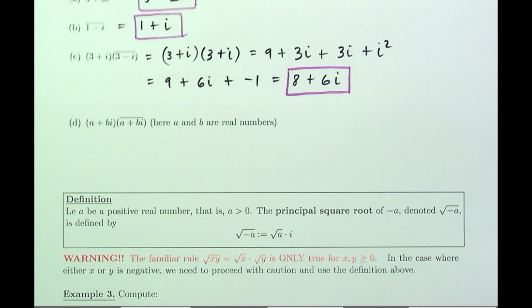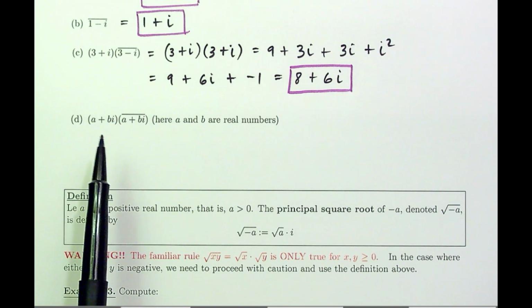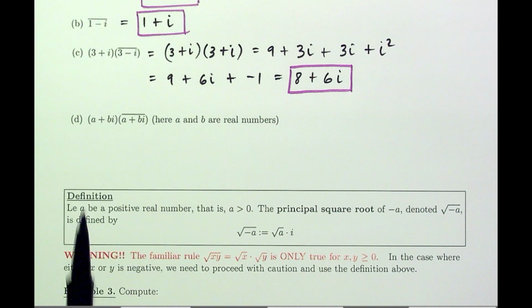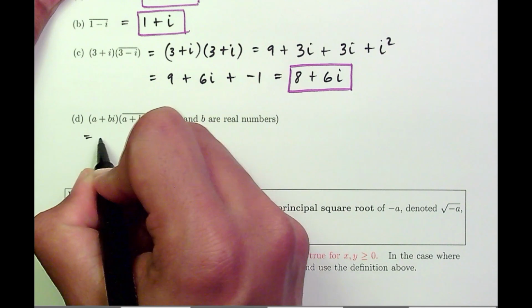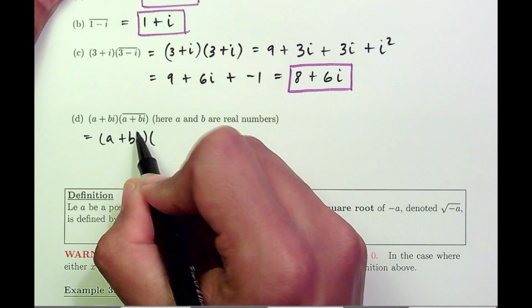Now you should pause the video and try to do that one on your own and compare notes with me. So what happens when you multiply a complex number with its complex conjugate? Okay, let's do it. This is going to be a plus bi, and then what is the complex conjugate of